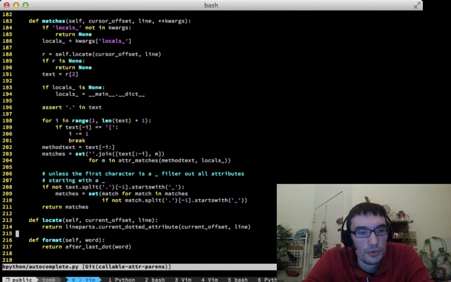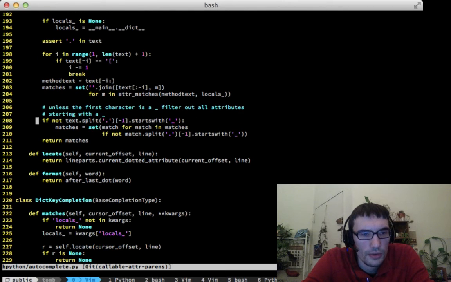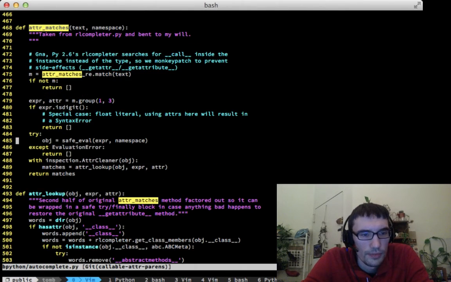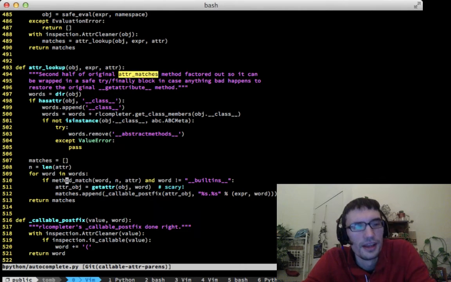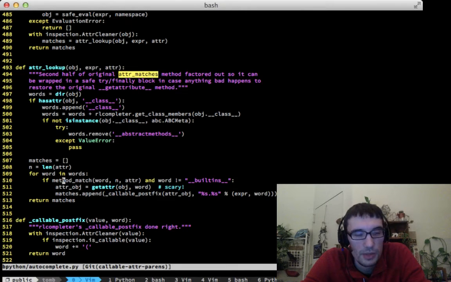In attribute completion, right now, add our lookup. Right down here, we walk through the words that we found, the things we think we could put at the end, the attributes, basically. And if they match what's on the line where the cursor is, and it's not built-ins for some reason,